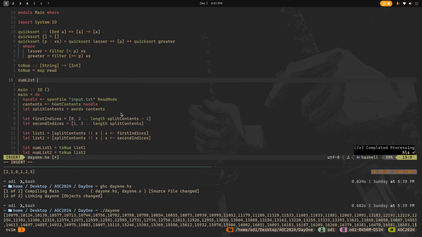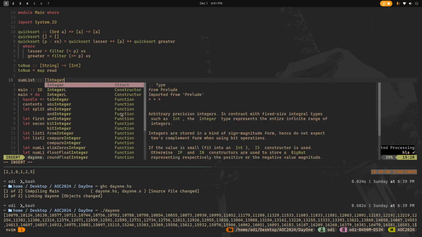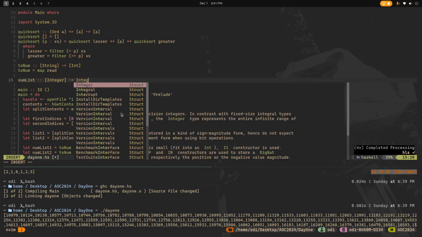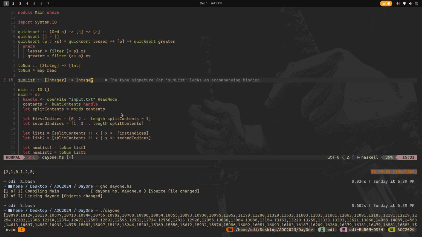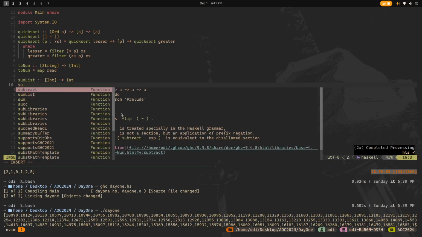So sum list, the types. It takes a list of strings, I believe. No, it takes a list of numbers. Integers, really. And then it returns an integer itself. Is this valid? Chat, is this valid? So what's the difference between an integer and an int? Anyways, sum list